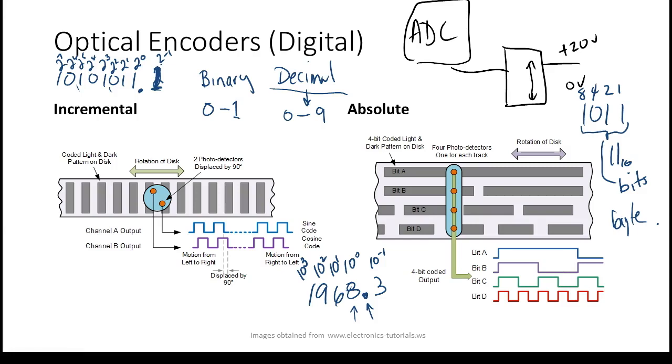So what this does is give me a binary number. I don't see where it lines up, but somewhere down this line would be a 0. And then when it moves, we would come over here, so I would have it lined up. And I might have the first one was a 0. And then the next one, I would come over here, and there would be nothing there, and down here we would have a 1. Then the next one, this would go to a 0, and this would be a 1. Well, this is the way an absolute encoder works. So this has 1, 2, 3, 4 bands, so what I could do is a maximum of 16 positions.